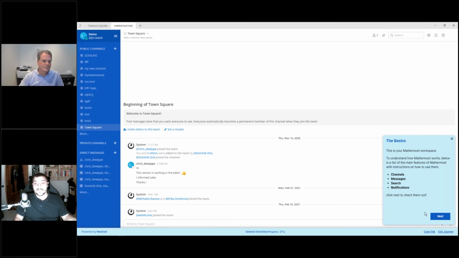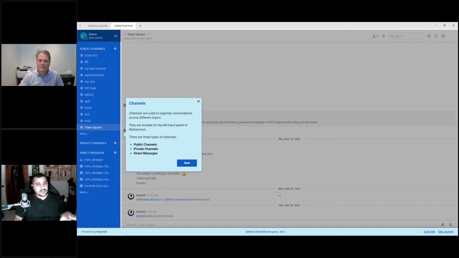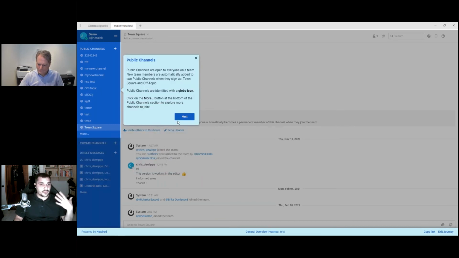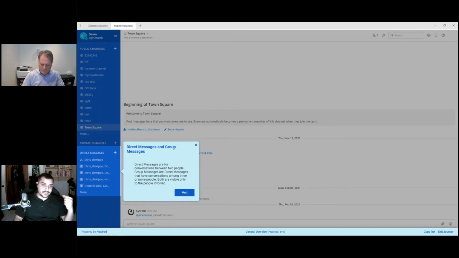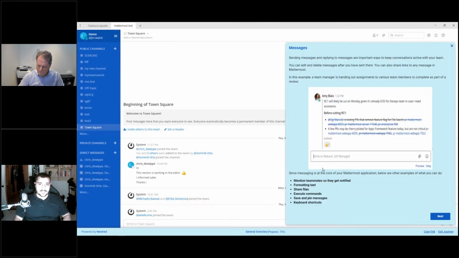This is perhaps my first time that I see the application, but it will show me and highlight, for example, the kind of areas that will be useful for me, like channels and all the different ones, so public, private channels, etc., direct messages, etc. So it's just a general onboarding of what the features are, again, without having the user actively doing something inside.